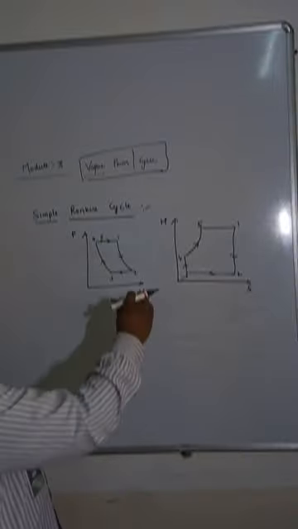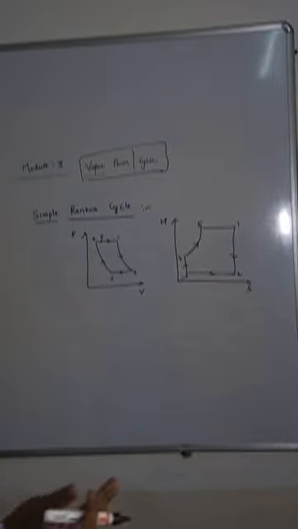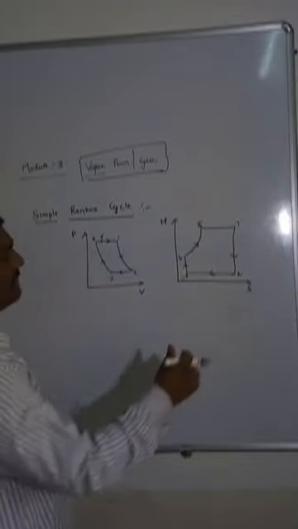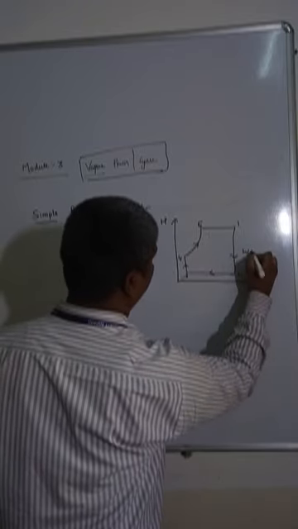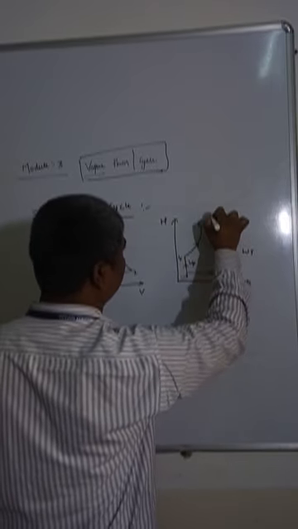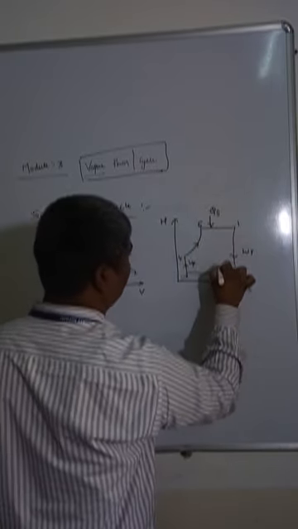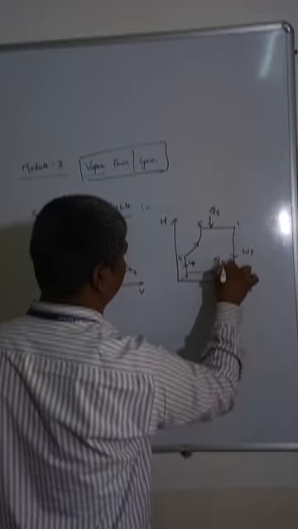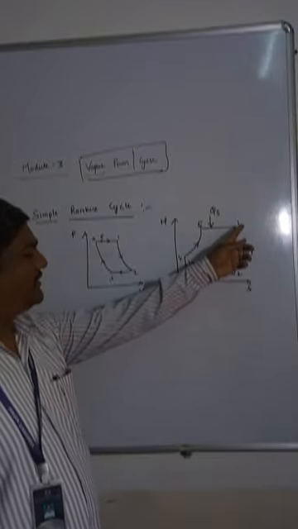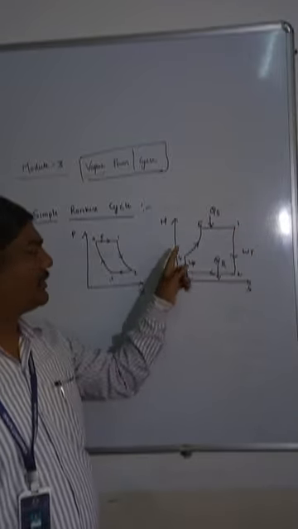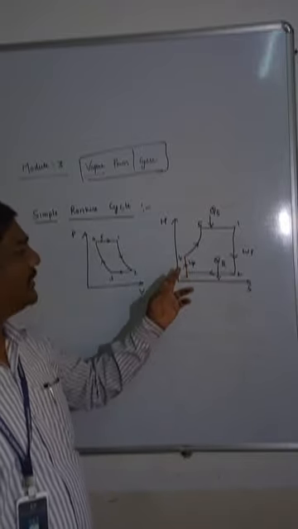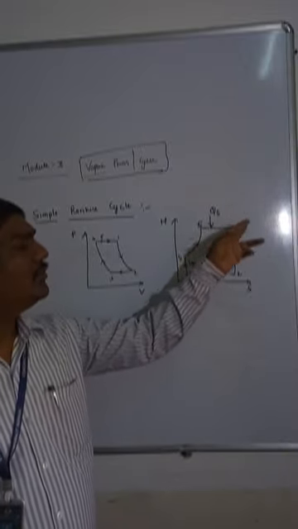So here we find the Carnot cycle as a rectangle, but we have got one extra curve. See, 1 to 2 is the turbine work, we know that. 3 to 4 is pump work. Here from 4 to 1 it is heat added, heat supplied, and from here to here it is heat rejected. So what is the change in the work done? The turbine work and pump work both are isentropic. Again you can see the straight lines. And for the condenser there is no change from the Carnot cycle, but the only change is in the boiler.